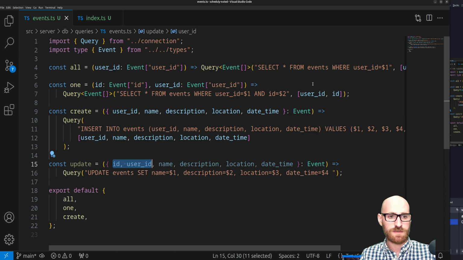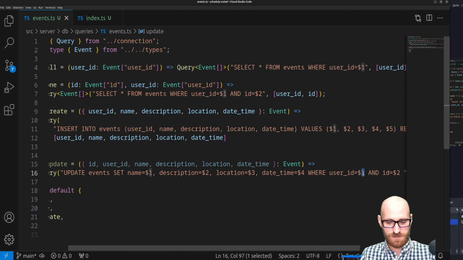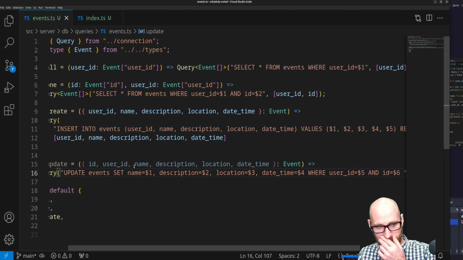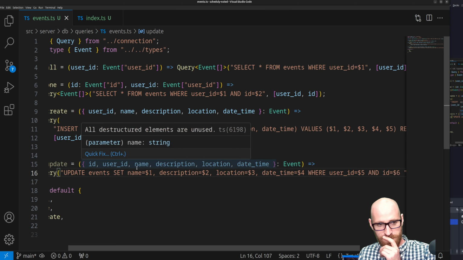and the user ID for the where clause, which is going to be the same as this, just with our different numerical placeholders. So we'll bring that over here, add that in here. It's going to be our 5th and 6th placeholder respectively. Given that I've got these kind of in 1, 2, 3, 4,